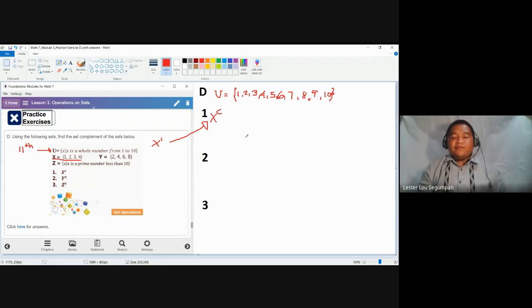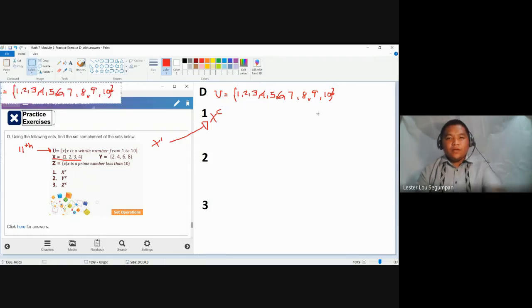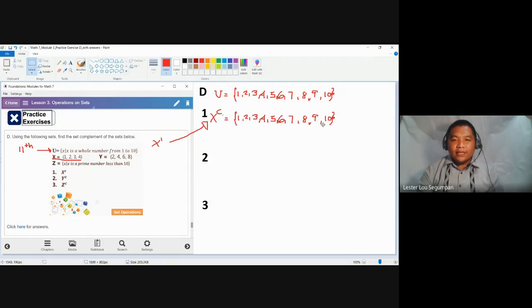But in set difference, when you say X minus Y, you remove the elements found in Y from X. In the set complement, we are going to remove the elements found in X from the universal set.